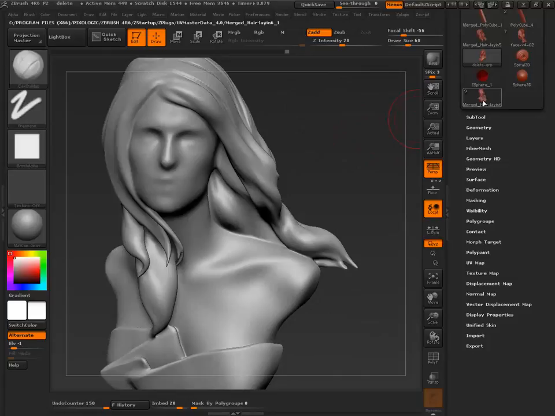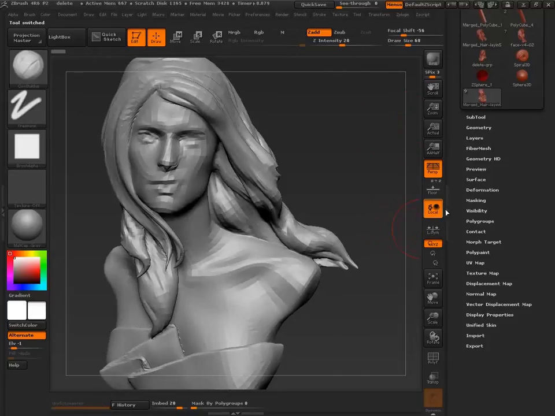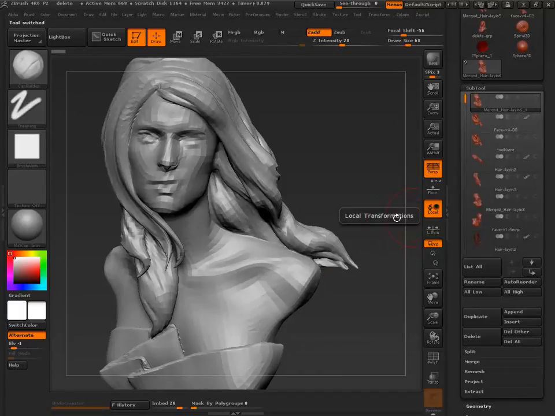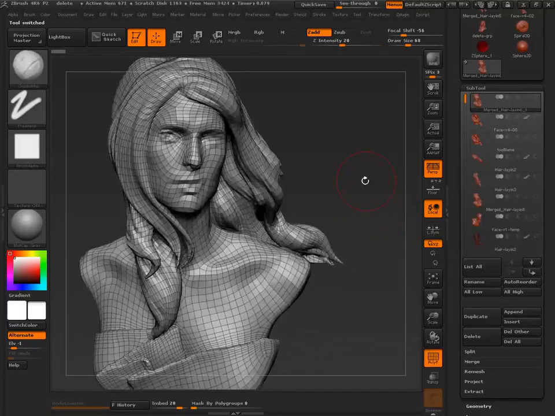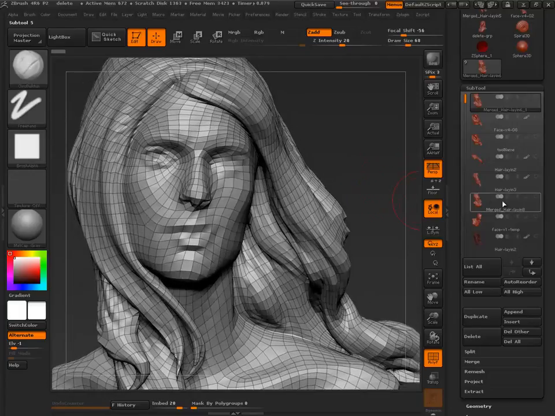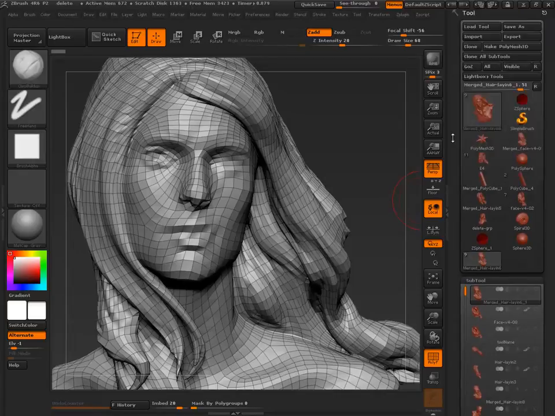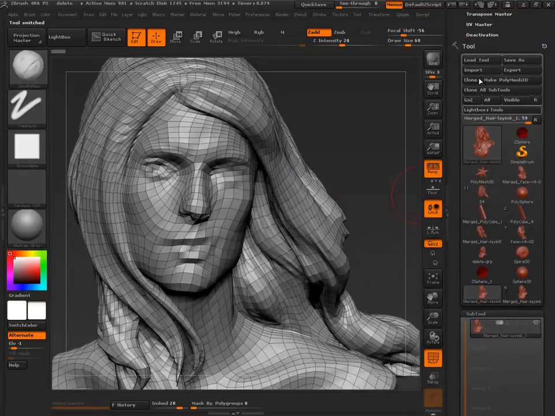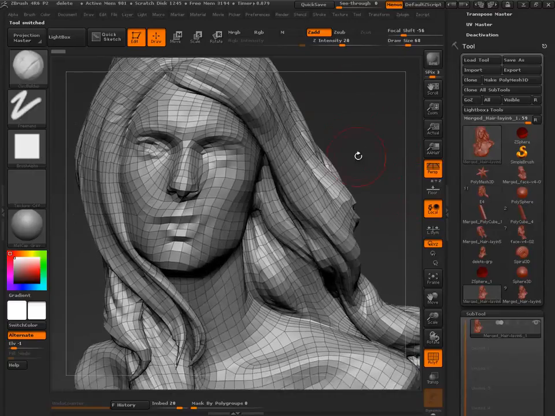Let's take this model. Subtools. Okay. All right. I am going to clone this, so it is its own, and I'm going to start to z-remesh this.